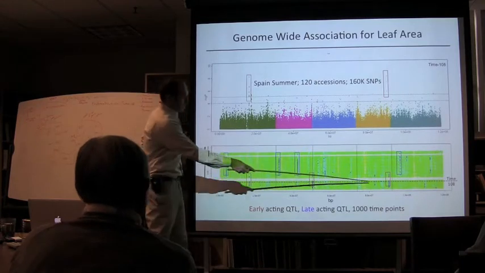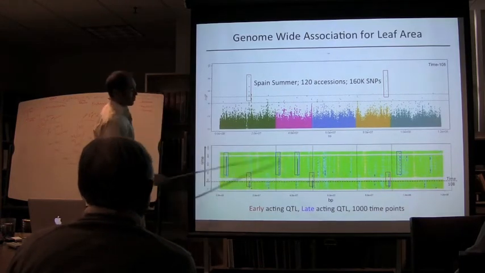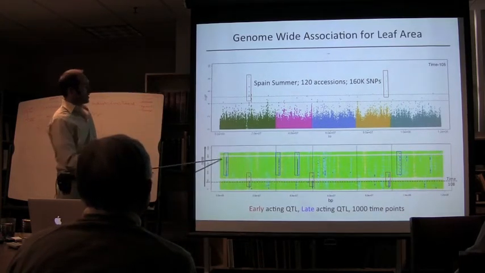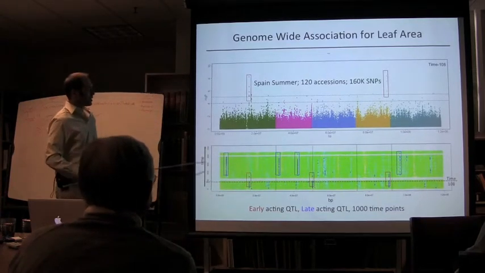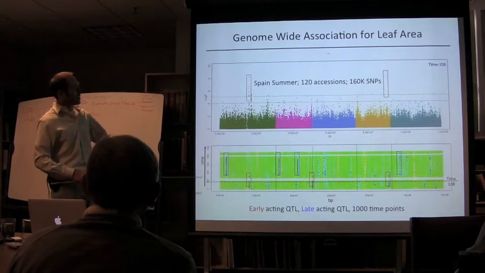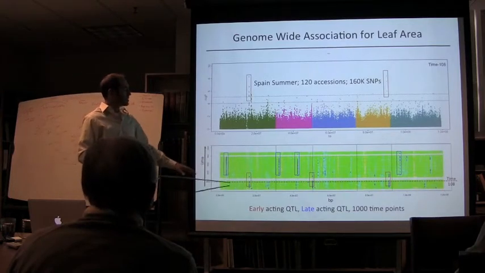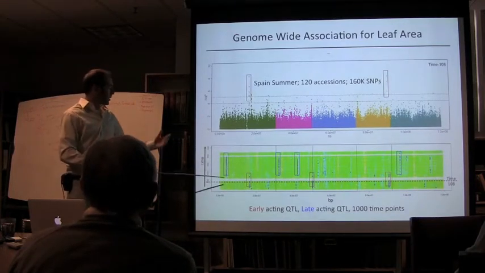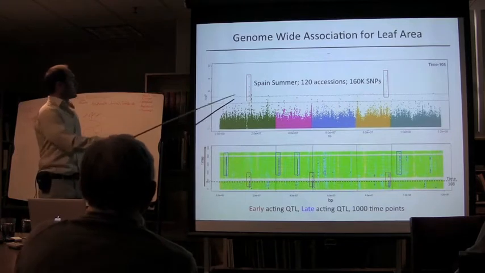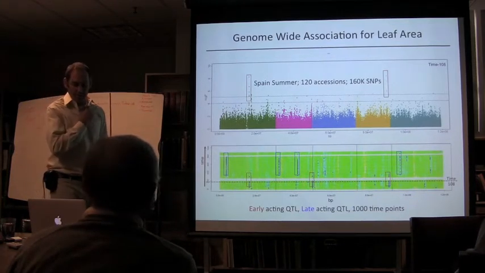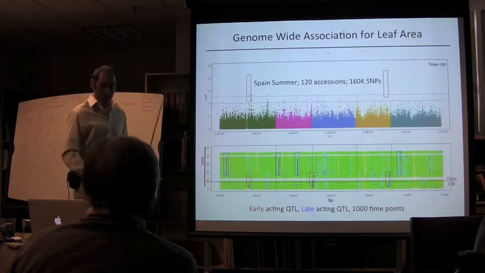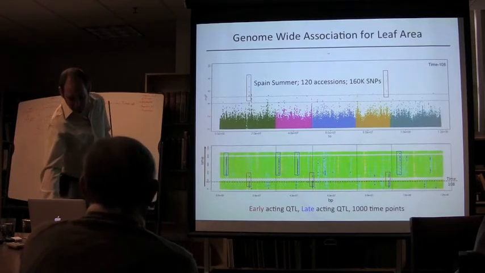There's 3 major loci controlling variation and growth at the early stages, and 4 major loci, maybe 5, controlling growth at later stages. So we can really see that the genetic architecture of size depends on time, and I could show you another plot for Sweden. It also depends on environment. So there's a very intricate way of dissecting these complex traits.